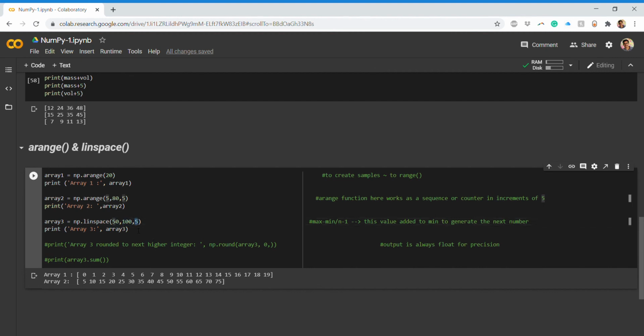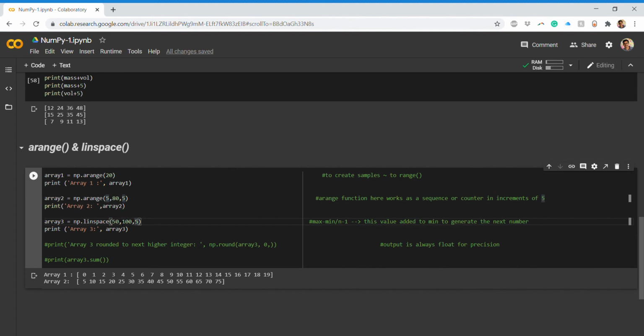So how does it calculate? This is the minimum value and this is the maximum value. You compute the max minus min, here in this case 100 minus 50, and divide by n minus 1. Here n is nothing but your step, that is 5 minus 1, and whatever value you get, you add to create the next number.